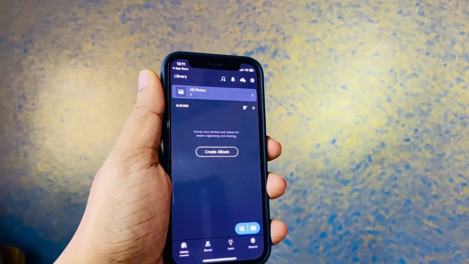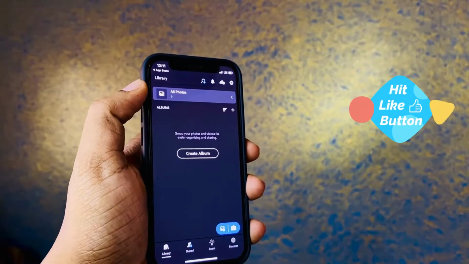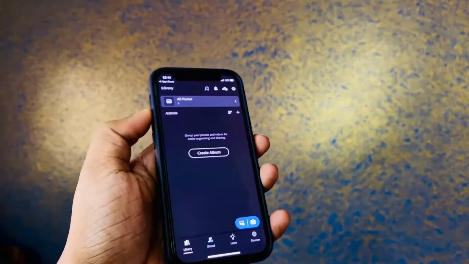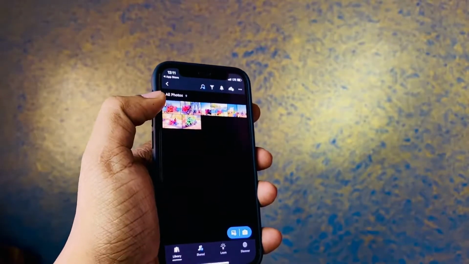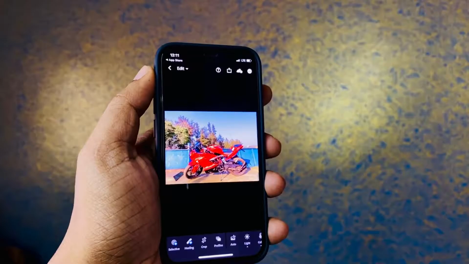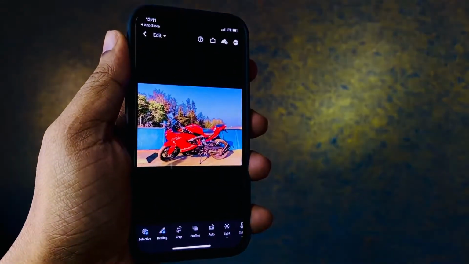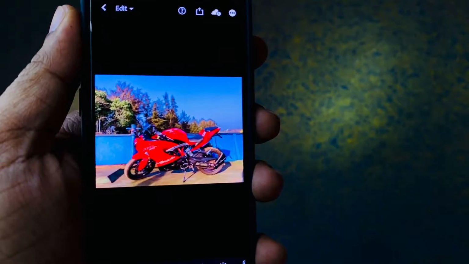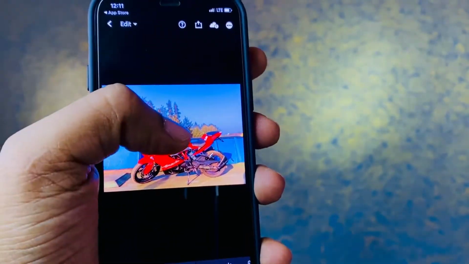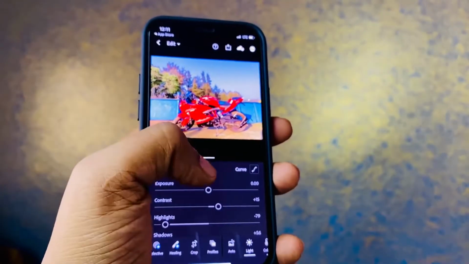installed. So let me just open it, and we can go to the all photos app, and once you click on the all photos, it will be loading all the imported images. So for this particular tutorial guys, we are going to use this nice awesome beautiful bike Apache RR310, and the image is having a lot of colors, like the green for the leaves, the bike is red, and also this blue color which we have.